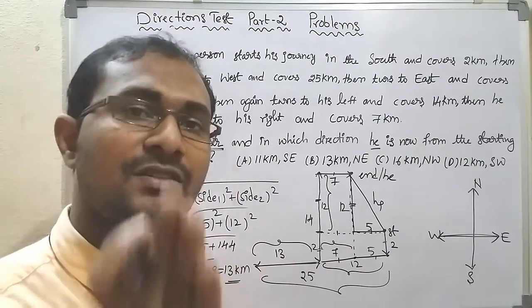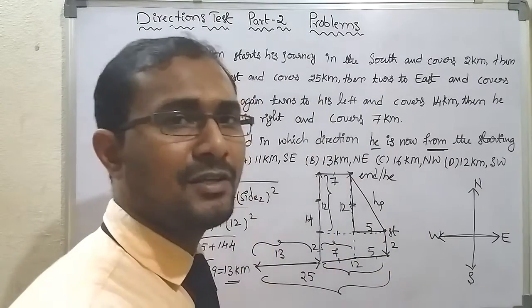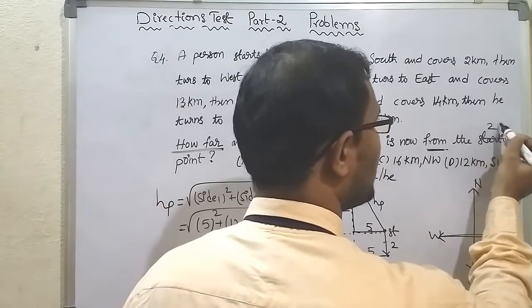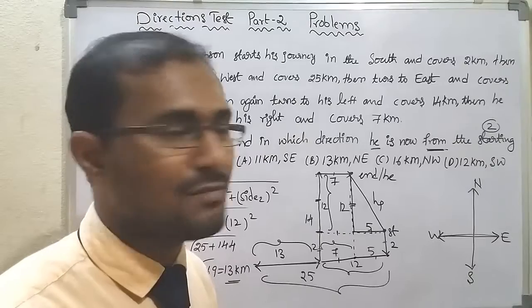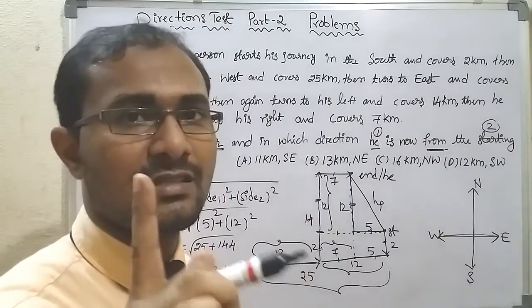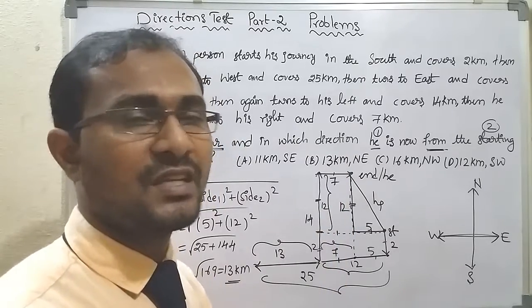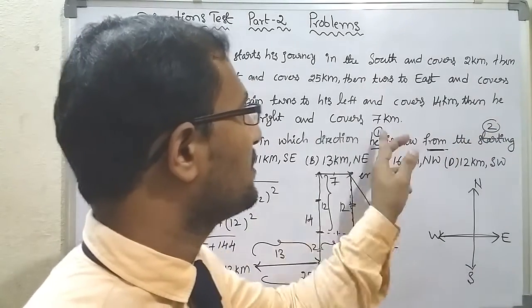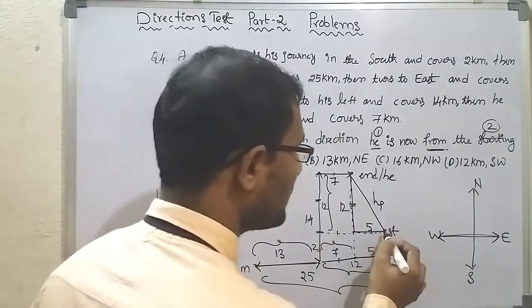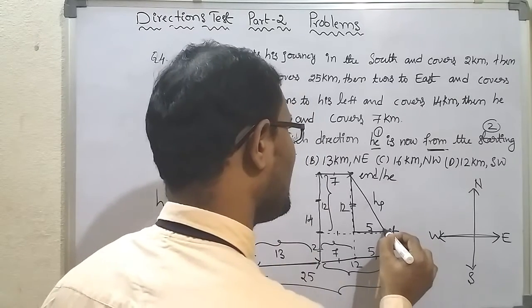So in this question, the direction related question is given with the help of the keyword from. We already know after the keyword whatever point they give you, that point we have to take as the second point, and before the keyword whatever point they give you, that point we have to take as the starting point. Okay, so in order to find out the direction, what we have to do? Draw a straight line from the second point to the first point. So what is the second point here? Starting point. Starting point to the last point.